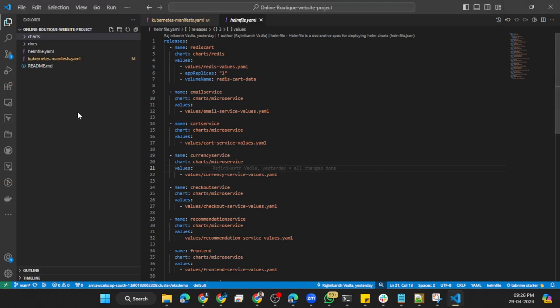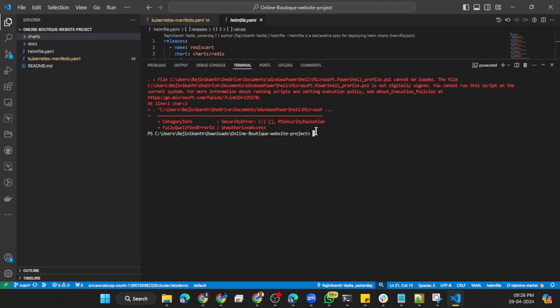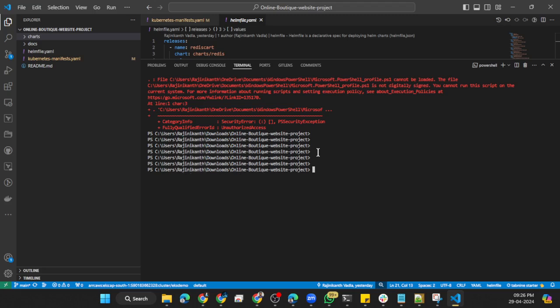We have it here itself, right? So where am I? I'll open my terminal. I'm in this path, right? So there's nothing there. What I'll do, Helm is already installed in my system. We need to install